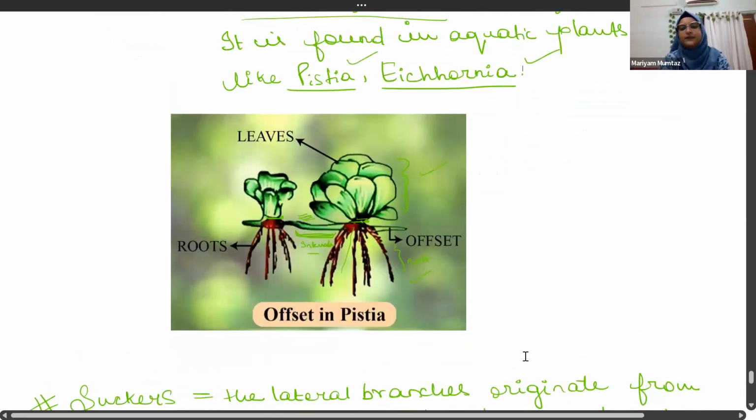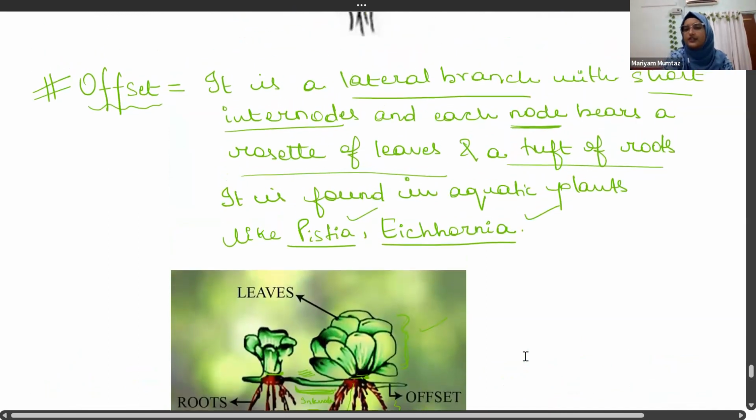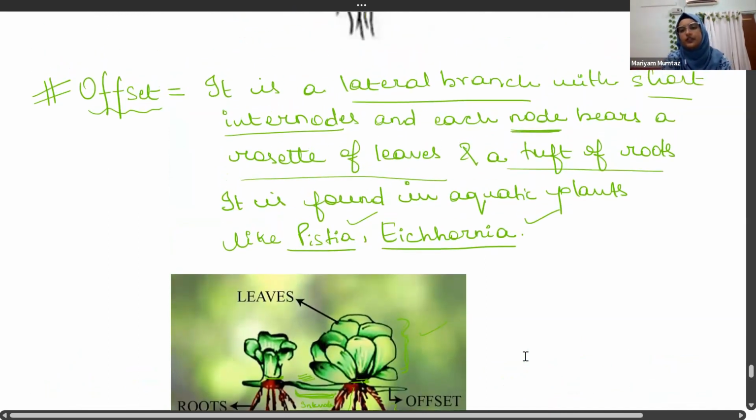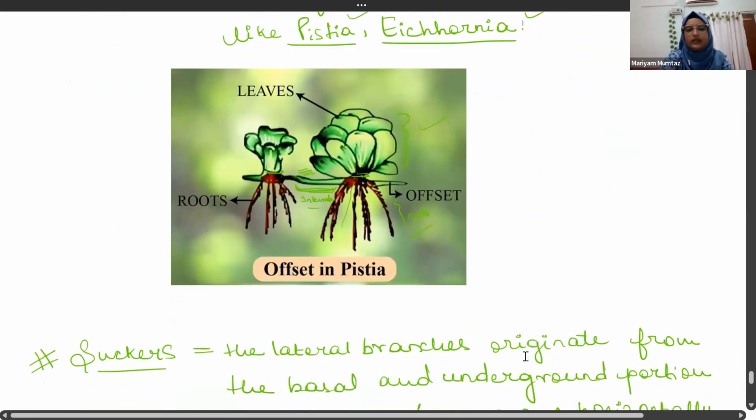All right. So that was all about offset. Is it clear to you? Yes. The offsets are clear? Yes. Okay. Now,